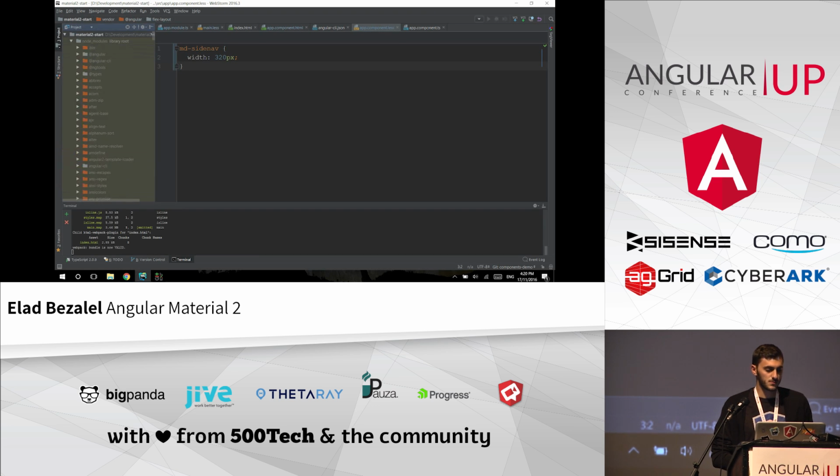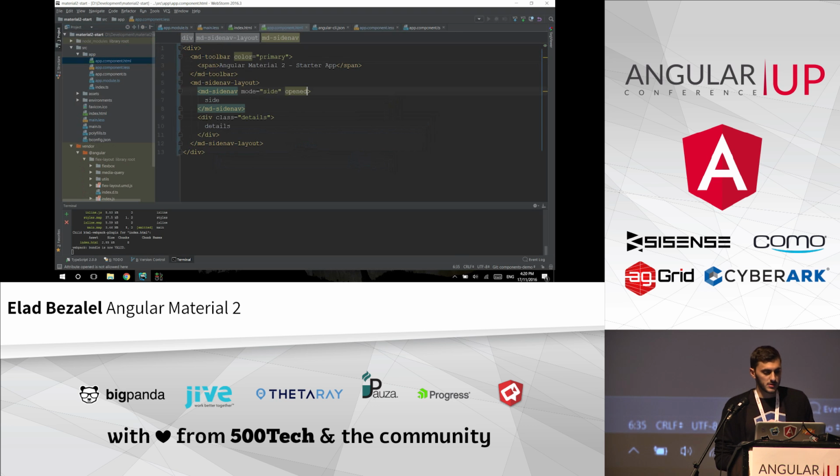Let me try it real quick, and if it works, then fine. Sorry. Never mind. So theoretically, I would show you how to use the flex layout, but since it's not working right now,